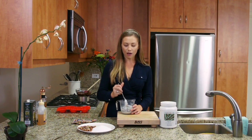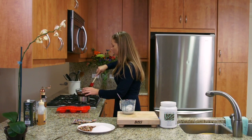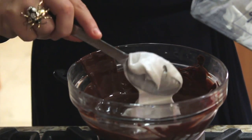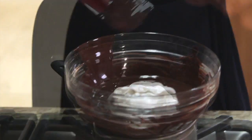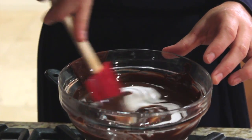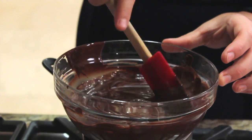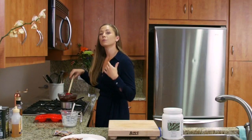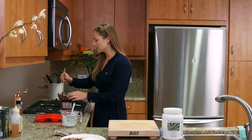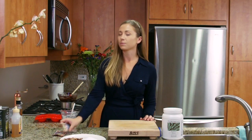So this is about 1/2 cup. We may go a little bit less than that. What I'm going to do is just add that into my ganache and fold it right on in. So once that coconut milk is nice and incorporated, we're going to add in a couple tablespoons worth of a